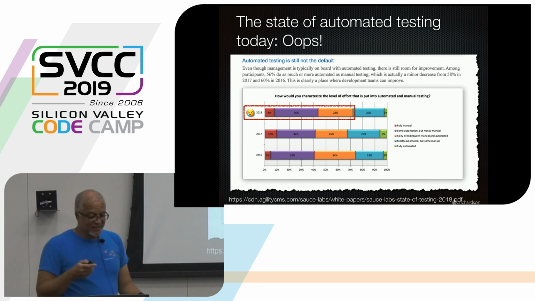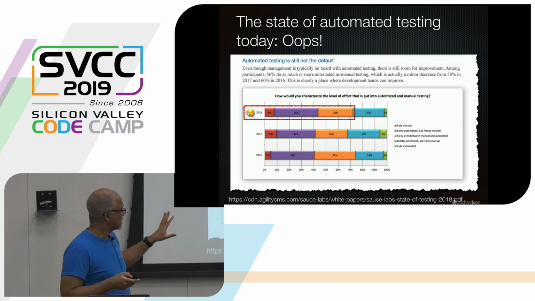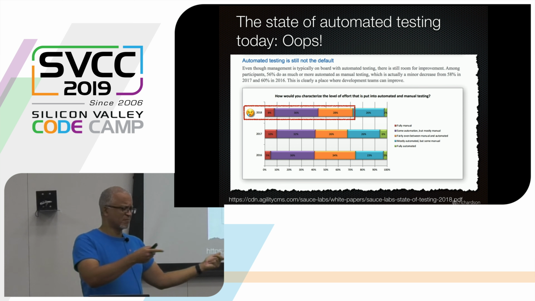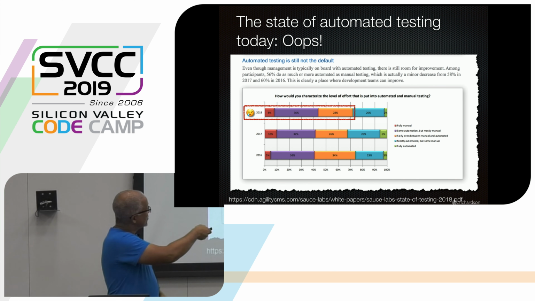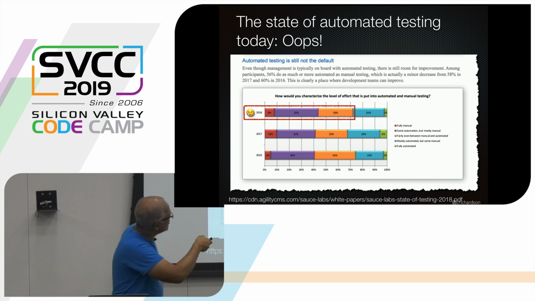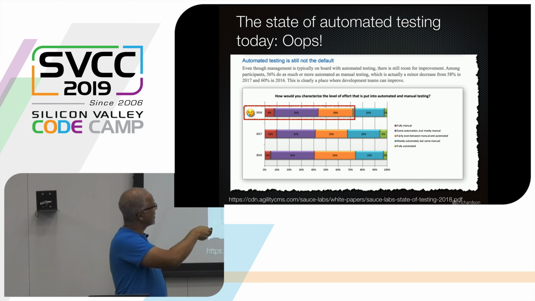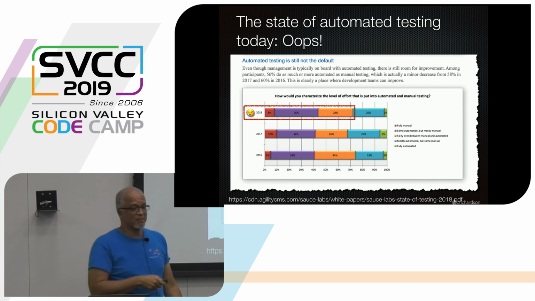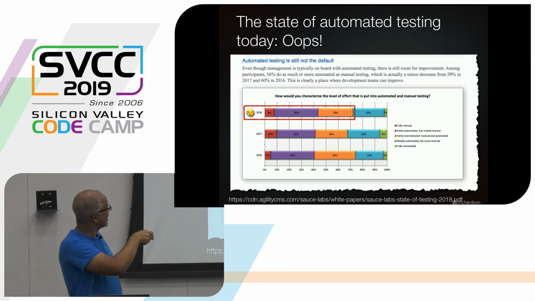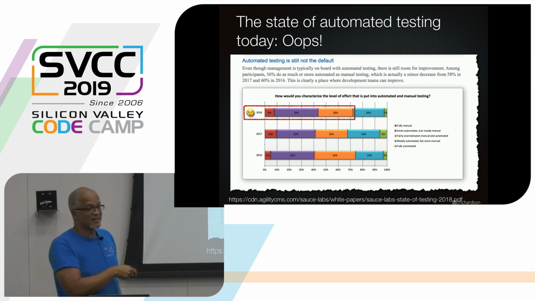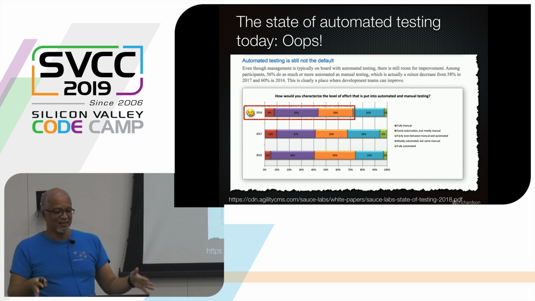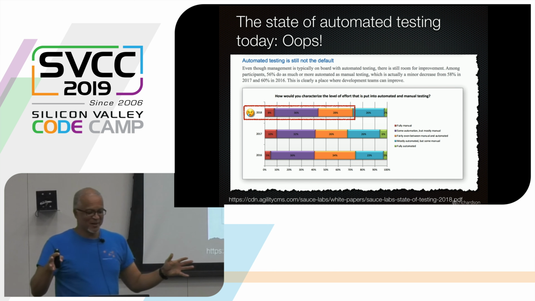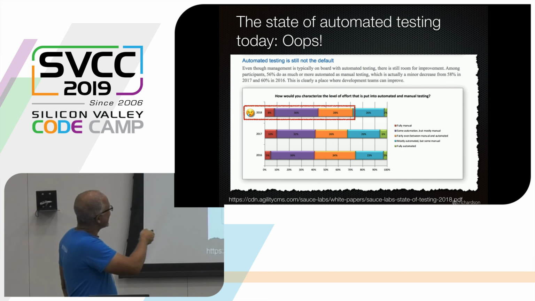And this was a really interesting survey from the State of Testing, done in 2018. Basically, 2% of companies are fully automated, 26% of companies are mostly automated, which means that 72% of companies are still relying heavily on manual testing. Wow. Which is like, oh my God. Yeah, and then apparently there's 8% of companies that are fully manual.